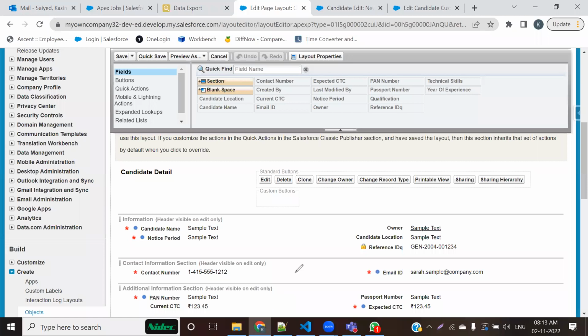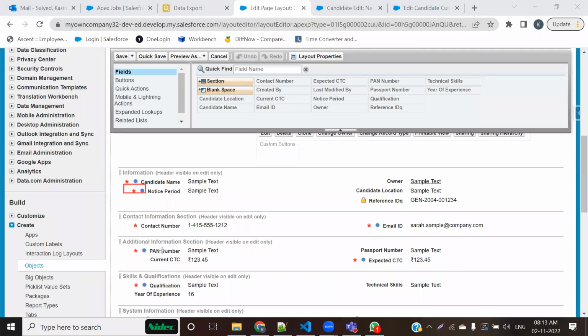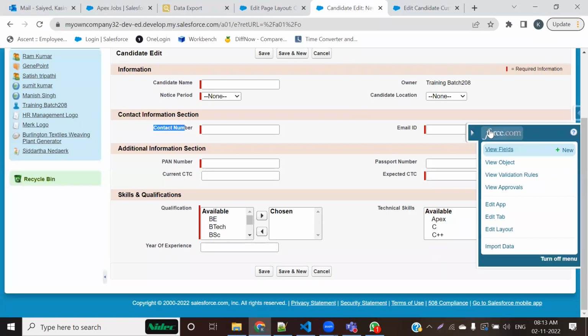अभी एक चीज जो मैं ऑब्जर्व करने बोल रहा हूँ, सभी लोग ऑब्जर्व करो उसको, रेड स्टार ब्लू डॉट, even red star blue dot, only red star. Why there is a red star, what is this blue dot, how come this both of comes, how come this single come, बताता हूं मैं, सब बताता हूँ। ऑब्जर्व करो, रेड स्टार ब्लू डॉट यहाँ पर, और कॉन्टैक्ट नंबर जिसको मैंने अभी चेंज किया, रिक्वायर्ड से हटाया है, उसमें क्या दिख रहा है आपको, ओनली वन रेड स्टार, ठीक है, आते हैं वहां तक भी आते हैं।